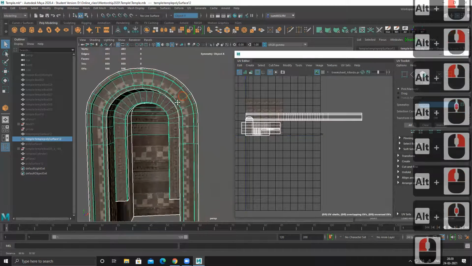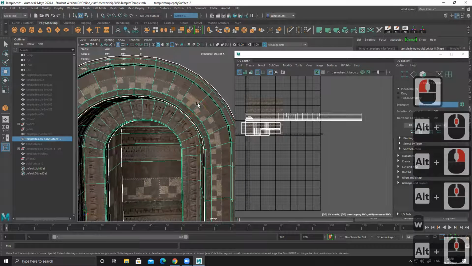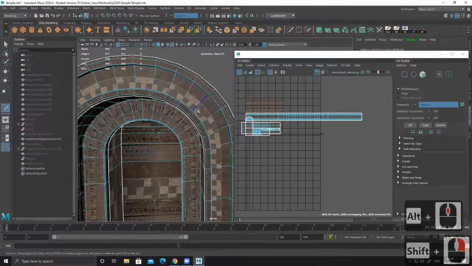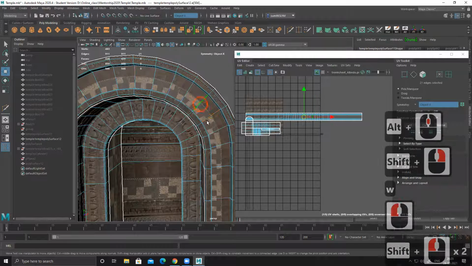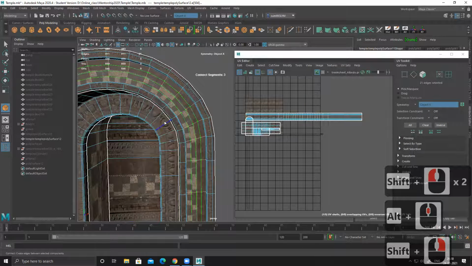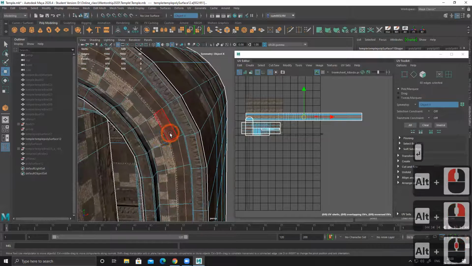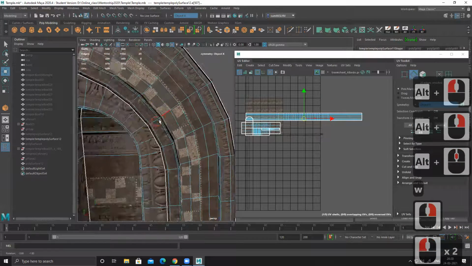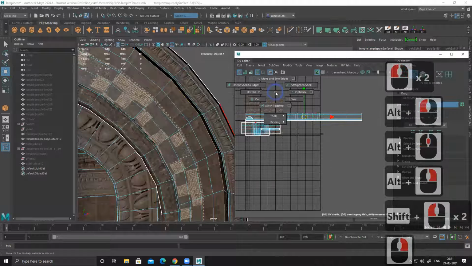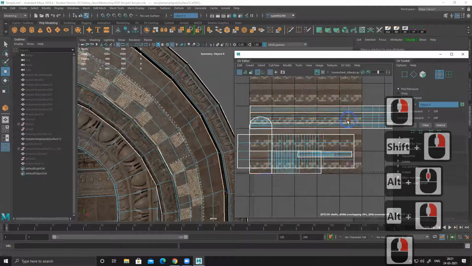And suppose I want to keep everything similar, with similar texel density. In that case, I have to add cuts here. So let's see. Ring, connect component. So 2 to 3 loops I have to add to balance it out. And cut this part and make it separate.